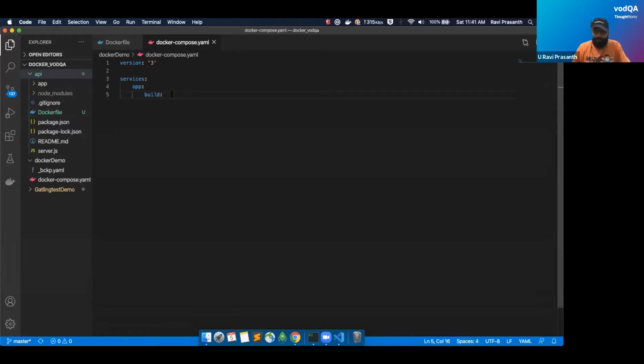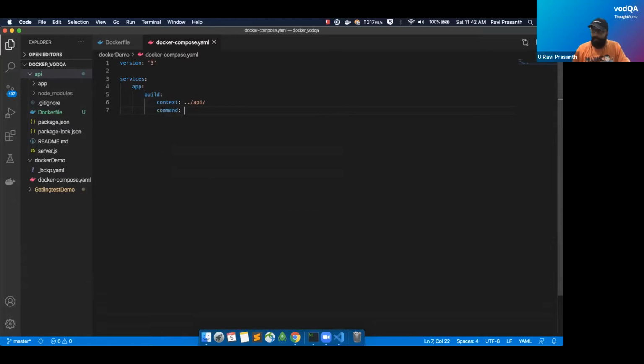So how will I do it? I'm going to set the context. Obviously you would have known, it would have gone one layer above, and one layer above would have taken me to the API. So I'm giving api/. This is all you need. Now when it comes here, the context would shift to this API folder, inside which you have a Dockerfile. So at that time it will pick it up.